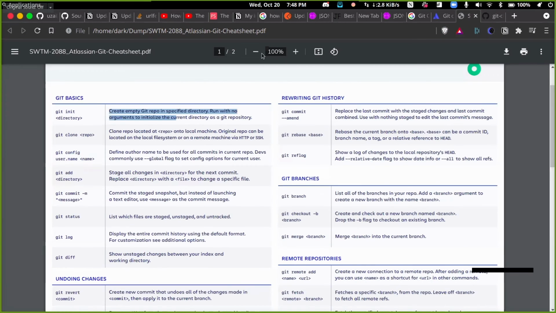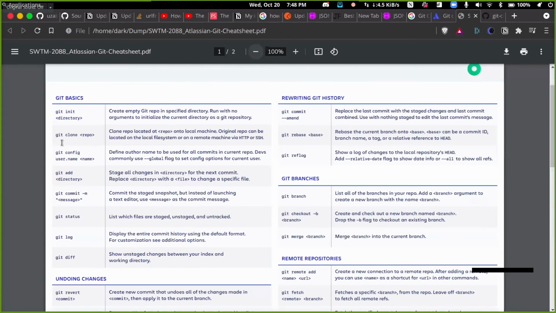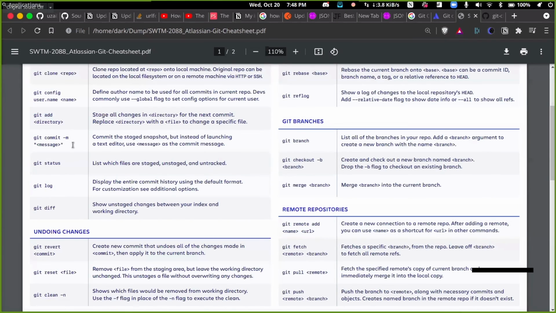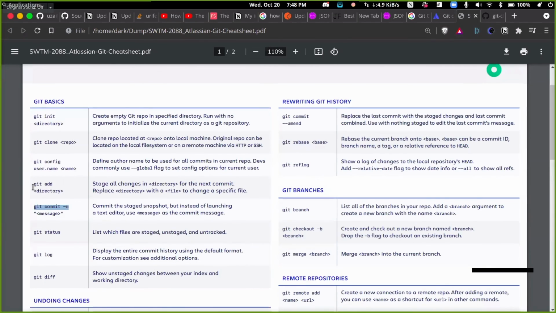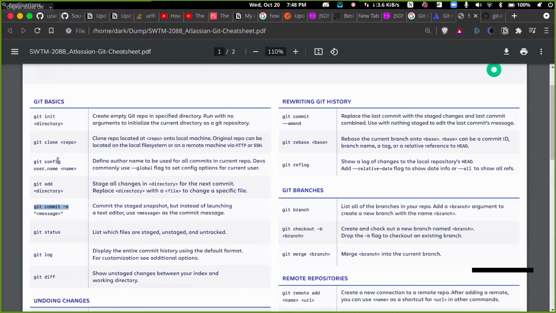It contains all the commands I've discussed, like git clone with the repo's URL, then git add, and git commit -m. Currently, we have seen just these three commands, as these are necessary for getting started. Later, you can learn all the others as we go further. So that's it.